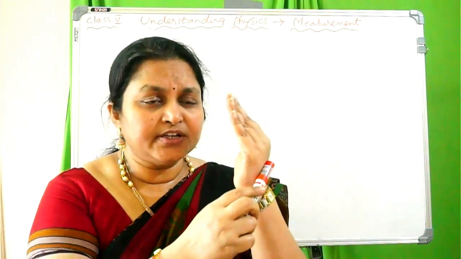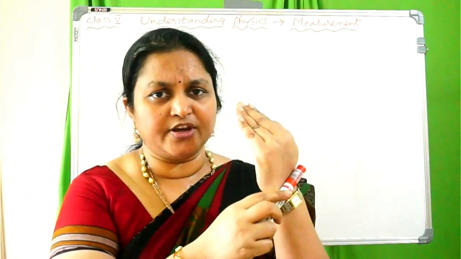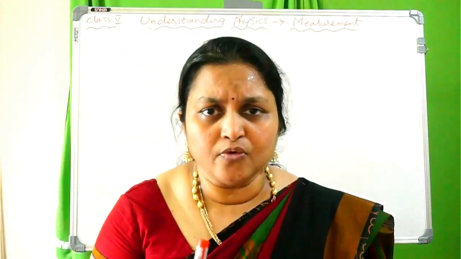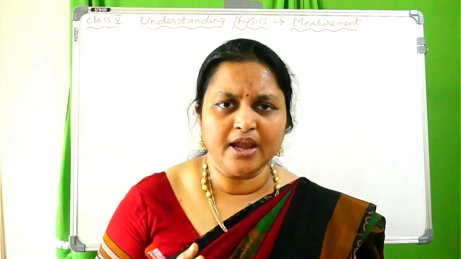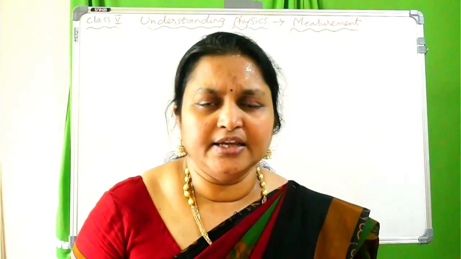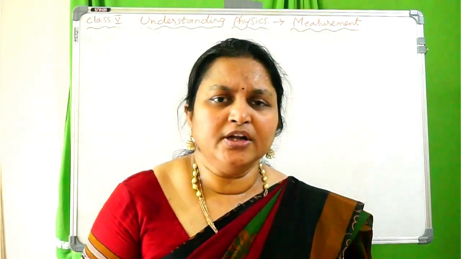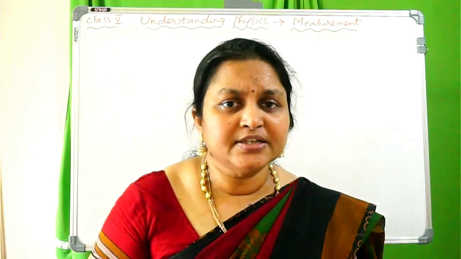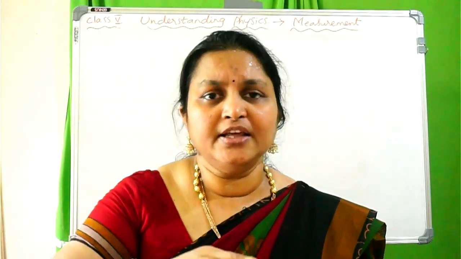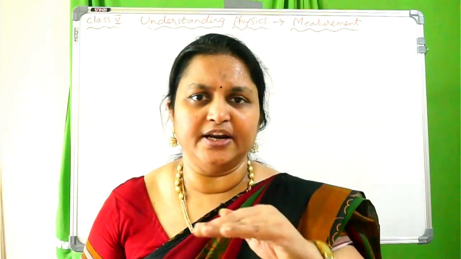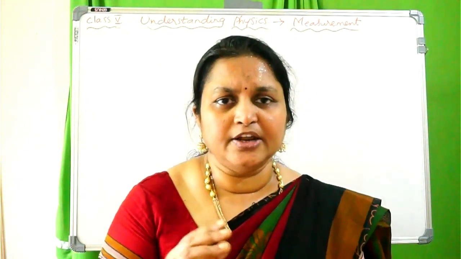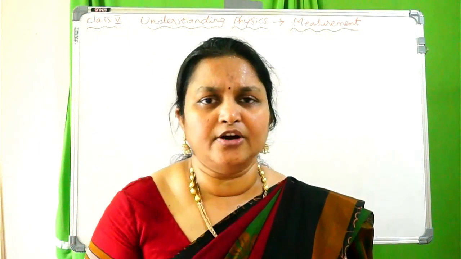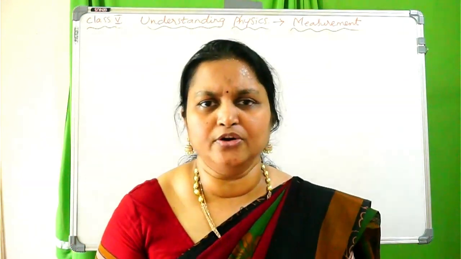If it is a curved surface bulged outside, then we'll say it is convex. When you are taking water inside a container, any measuring container, if you are pouring water, it will take a concave surface, the upper layer. And suppose if you are pouring mercury, it will take a convex surface, meaning bulged, a little bit bulging. So this is the difference. Based on the difference, you have to take into account which reading to take. That comes under measurement of capacity.